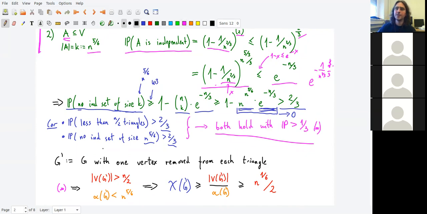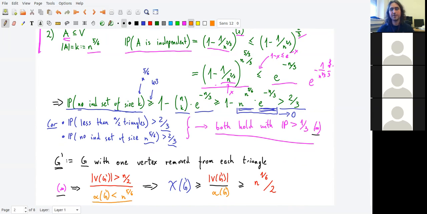So now my graph still needs to contain some triangles, few of them, but still contains. So let me modify my graph. So let G prime be the original graph G that I sampled, but let me look at every triangle and arbitrarily delete one vertex from each of the triangles. So how many vertices did I delete? Well, if my star holds, then there are less than n-half triangles. So I deleted less than n-half vertices in this way. So if star holds, then in my graph G prime, I will still see more than n-half vertices,